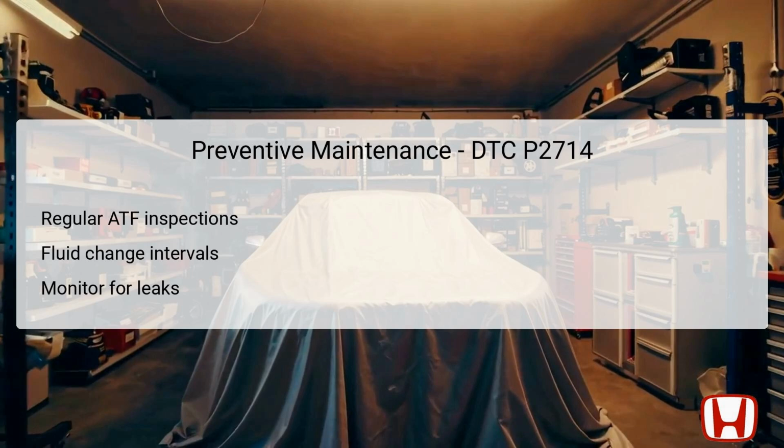To prevent issues like DTC P2714 from occurring, implementing a solid preventive maintenance strategy is essential. Regular inspections of the automatic transmission fluid, ATF, should be performed to ensure that the levels are adequate and contaminant-free. The recommended fluid change intervals should be strictly adhered to, generally every 30,000 to 60,000 miles, depending on driving conditions and manufacturer guidelines. Additionally, monitoring for leaks or discoloration in the ATF can help catch issues before they escalate into